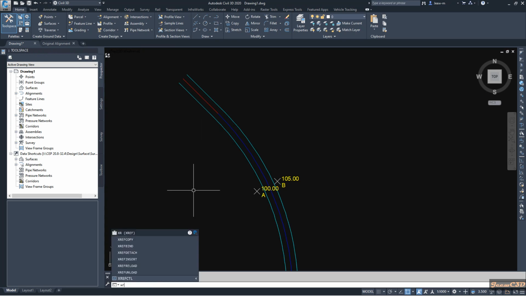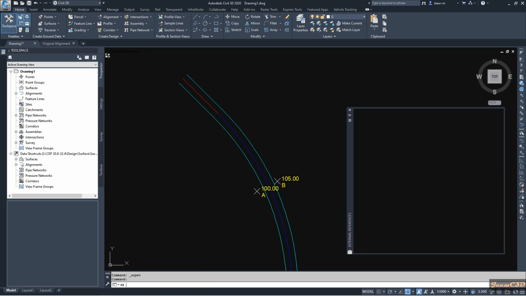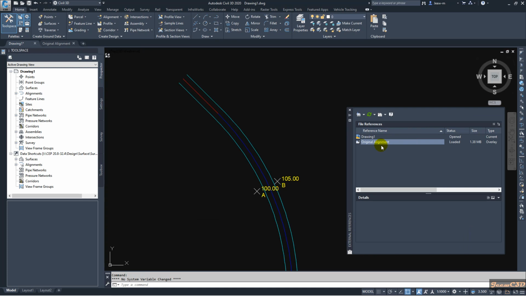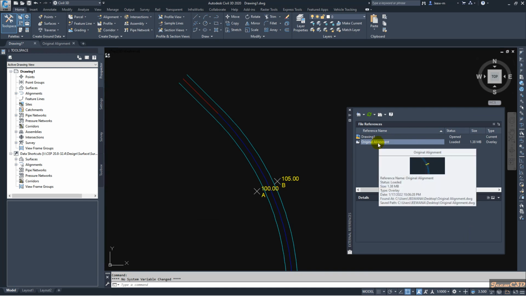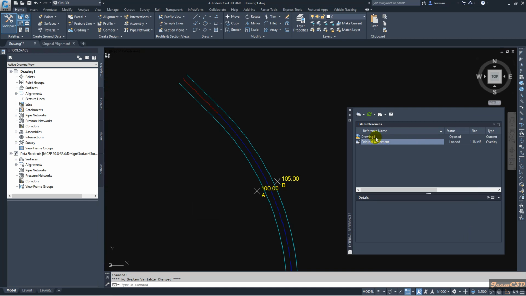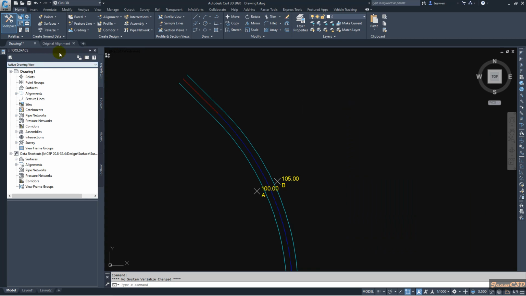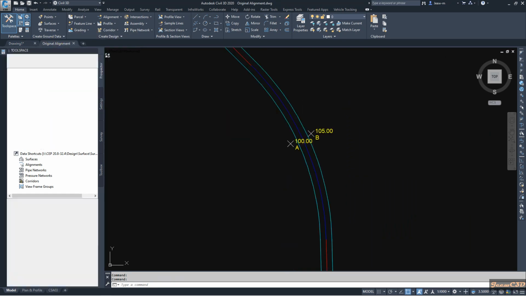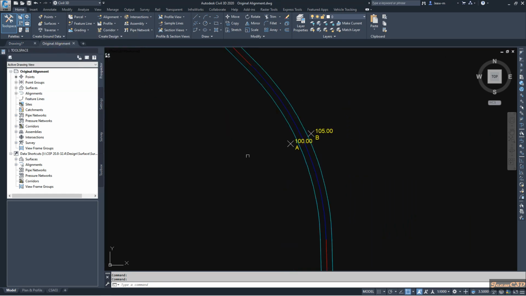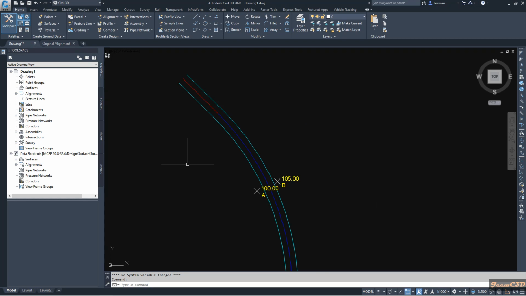If I type XR on my command line and check the Xref manager, you can see I have already attached a drawing called original alignment. I have opened that drawing here as well. And this drawing 1 is a blank drawing except for this